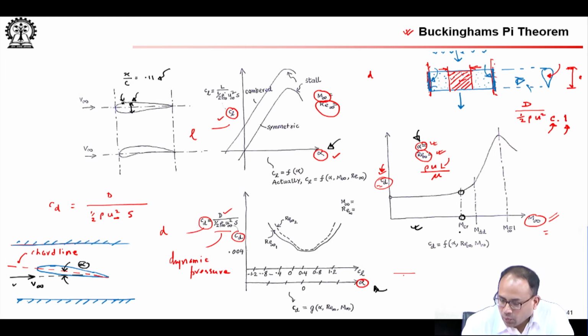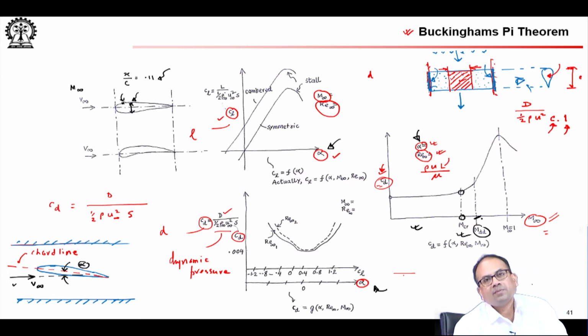So, at this point your M infinity is such that M at this point has become 1. So, M infinity is M_CR. Now, look at what is happening to CD. As you increase your Mach number, you reach this Mach number called M drag divergence, the drag divergence Mach number, and see what is happening behind it. The drag is rising up